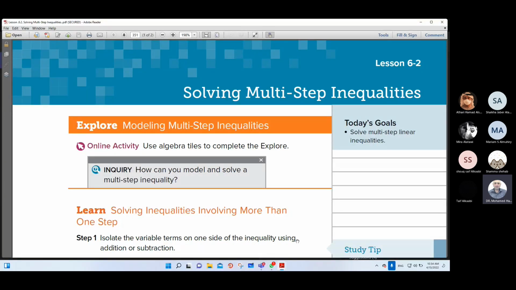Math grade 9 Algebra 1. We are in Model 6, Lesson 2, Solving Multi-Step Inequalities. Before we start in this lesson, we have from the